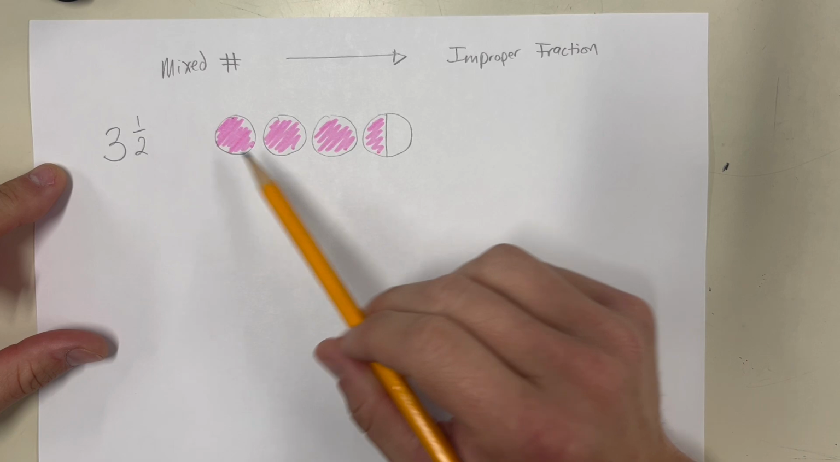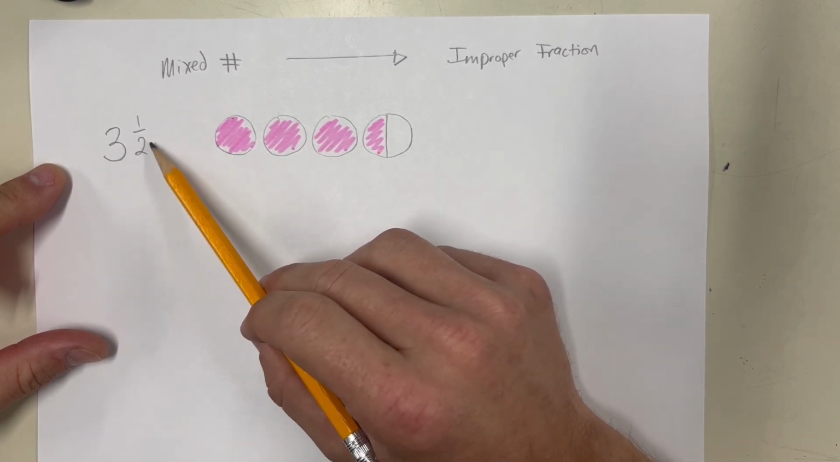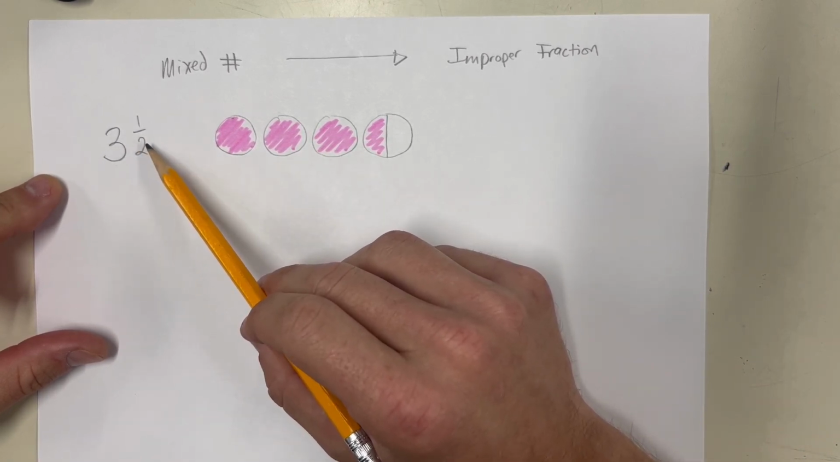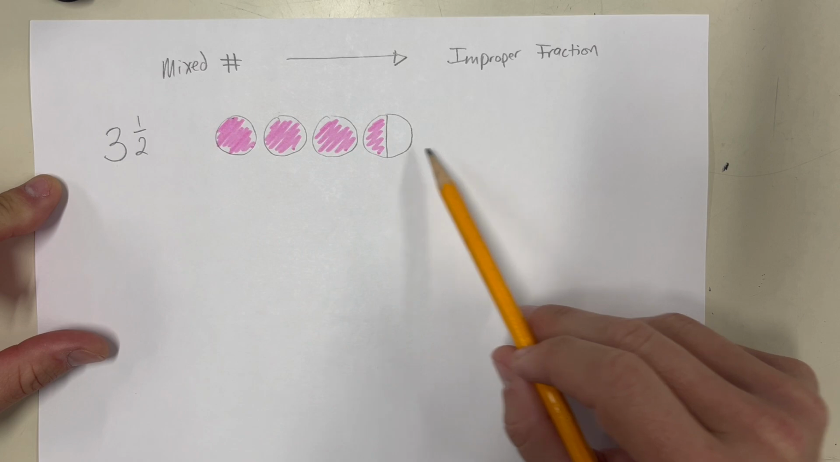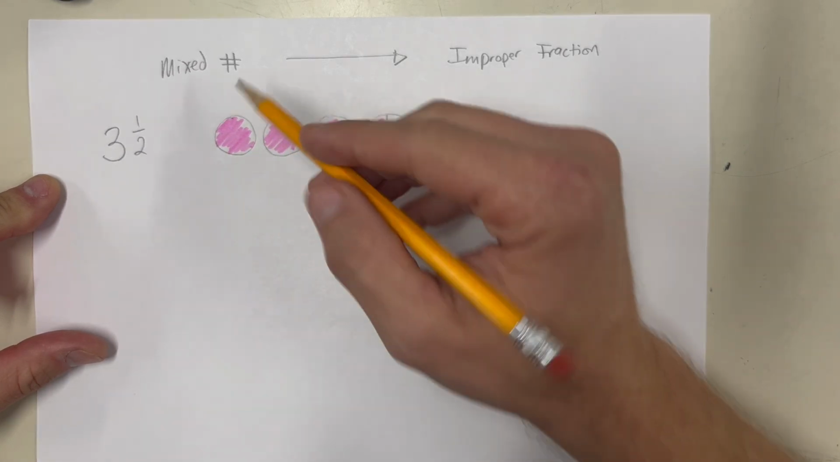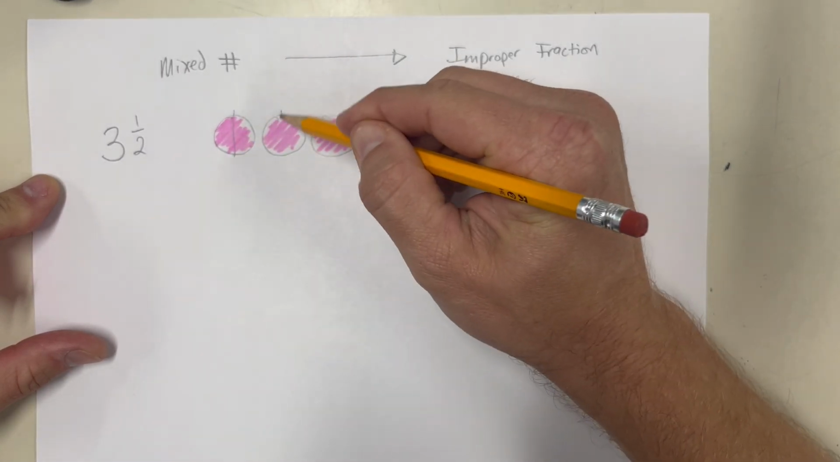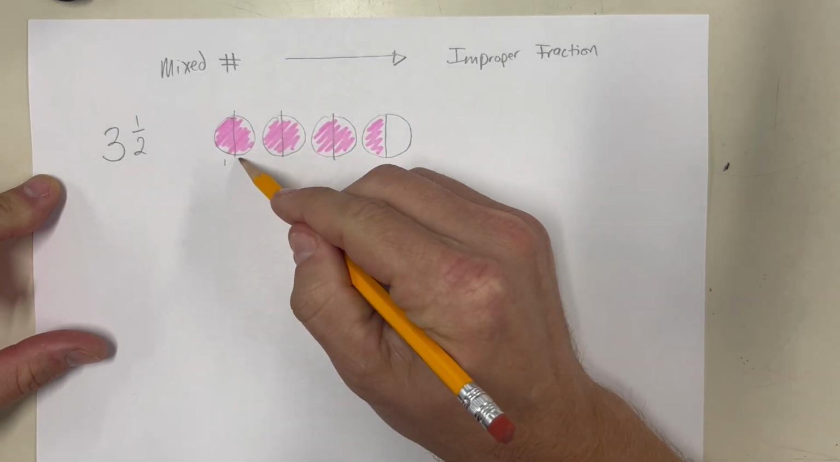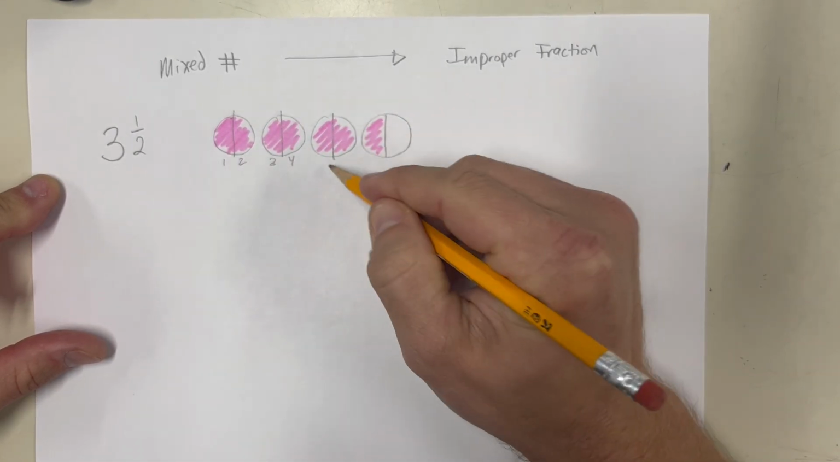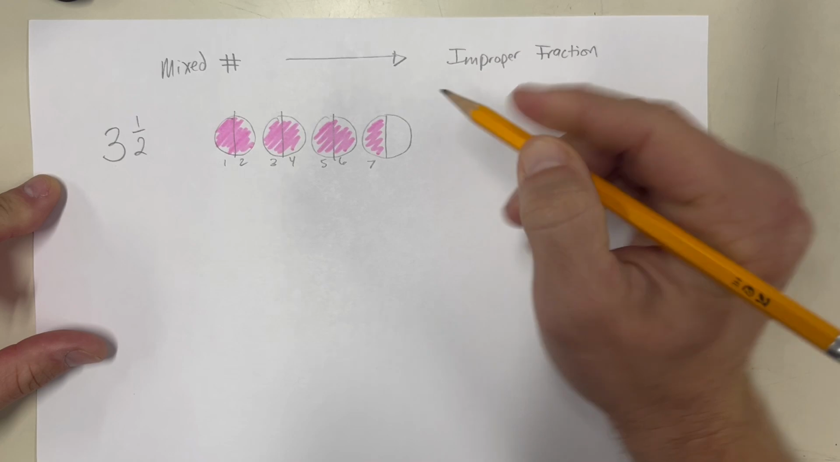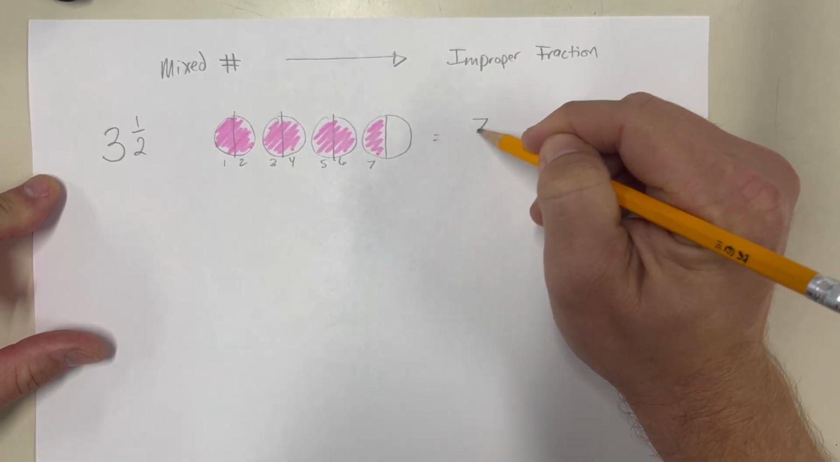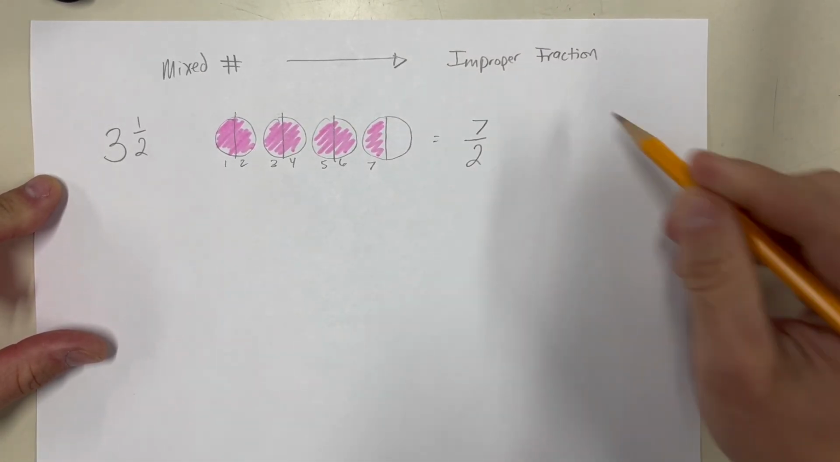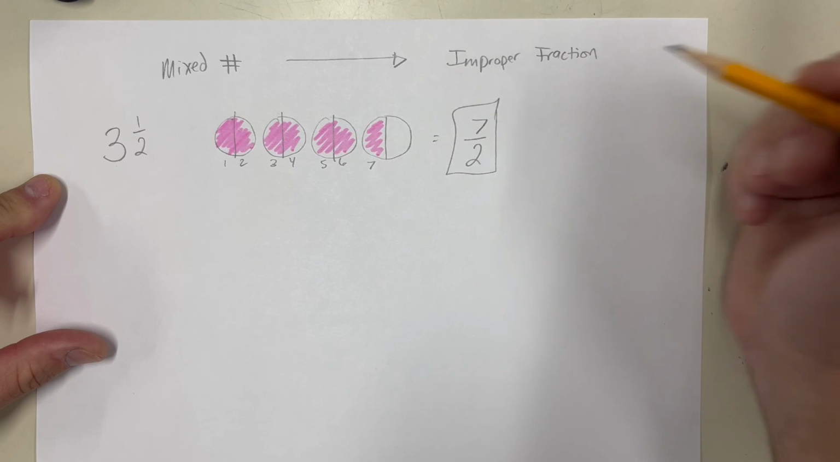So in this case, we have wholes and halves, but let's just focus on the fractions. We have halves, so if I just want to focus on how many halves do I have out of this, I can actually take my picture and split everything into halves, and then I can go through and count those. 1, 2, 3, 4, 5, 6, 7, which means I have 7 half pieces, which makes my improper fraction 7/2,